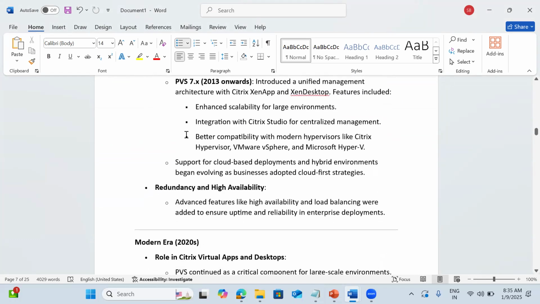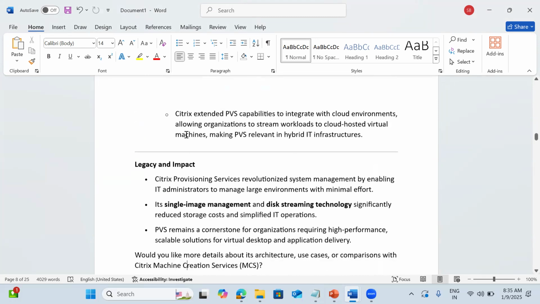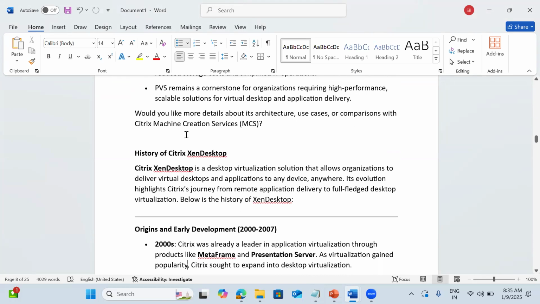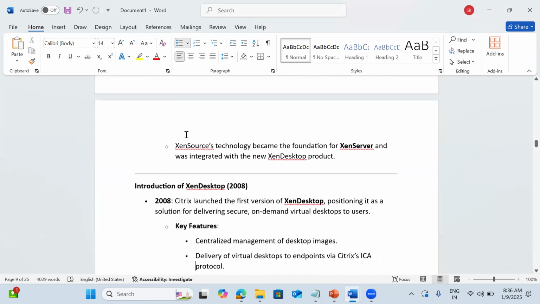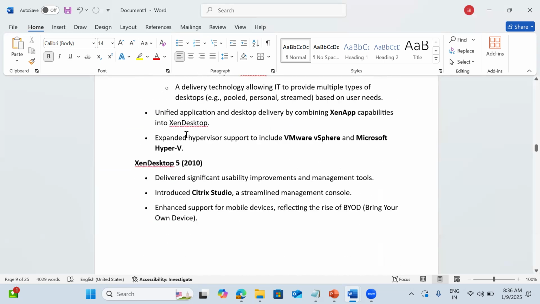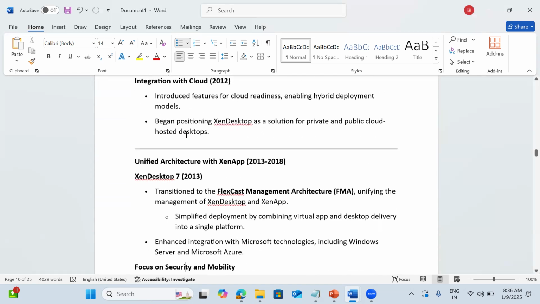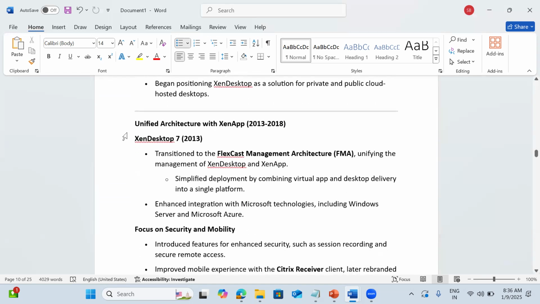It's a very good solution, but a legacy kind of thing. With the cloud and advanced technologies PVS is not required, but with physical devices, in order to boot without having a hard disk, without installing the operating system, and to do patching, all we can do with a single instance. Then XenDesktop, we got till 5.6. Later both XenApp and XenDesktop were merged, so here we have the unified architecture.